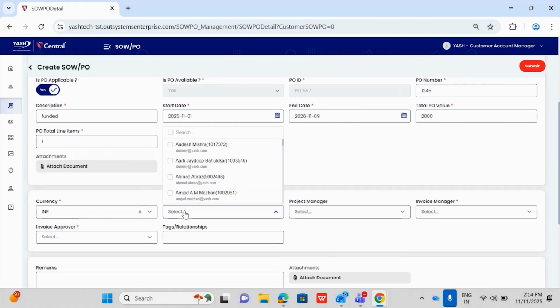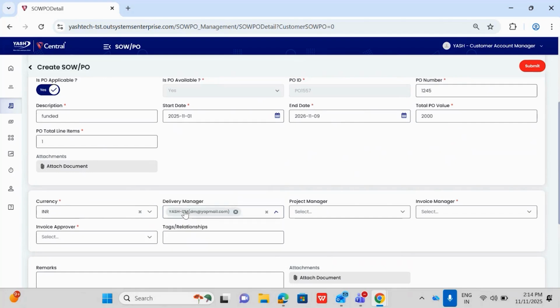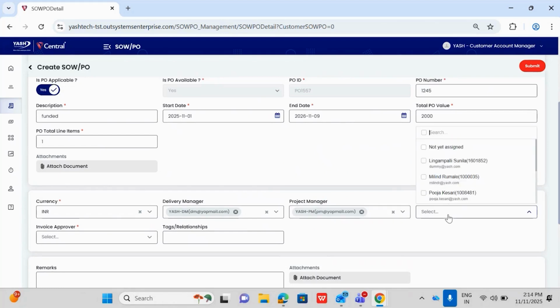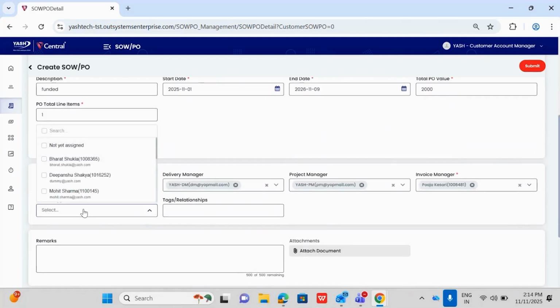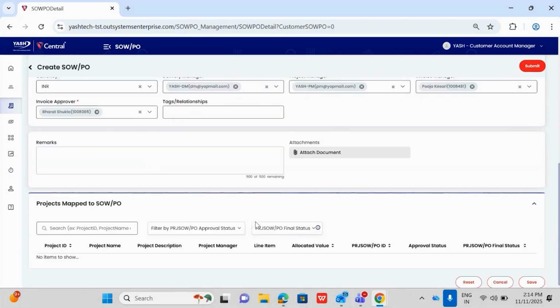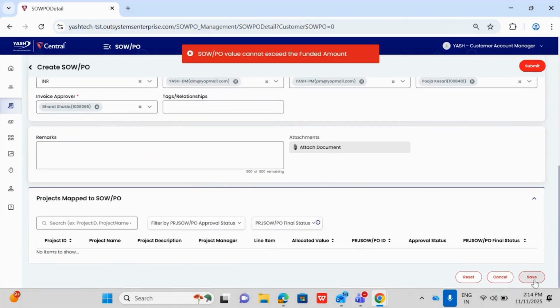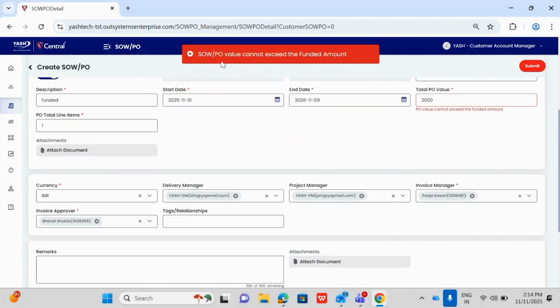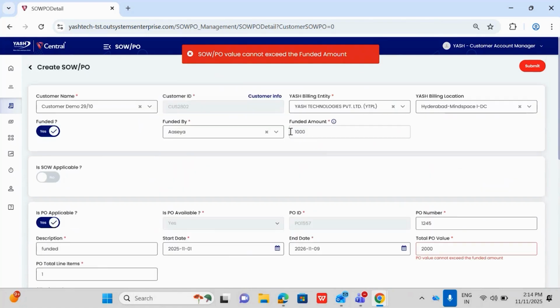Select the delivery manager as ESDM. Select the project manager as ESPM. Select the invoicing manager as Pooja Kesari. Select the invoicing approver as Bharat Shukla and click on Save. Here we can see the SOWPO value cannot exceed the funded amount,